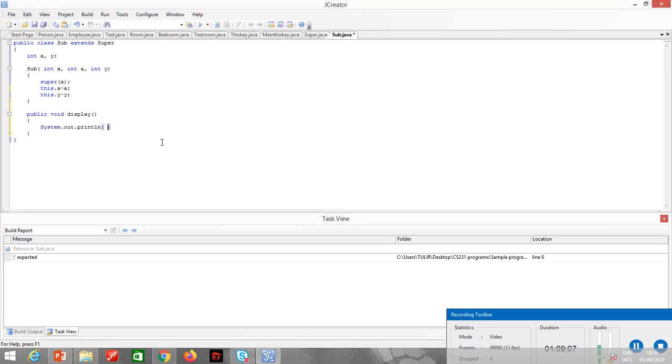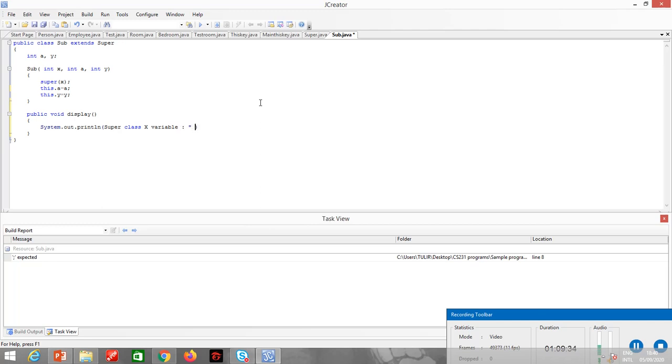Let me just finish with this. Let's print the variable with system.out.println: superclass x variable, plus x.